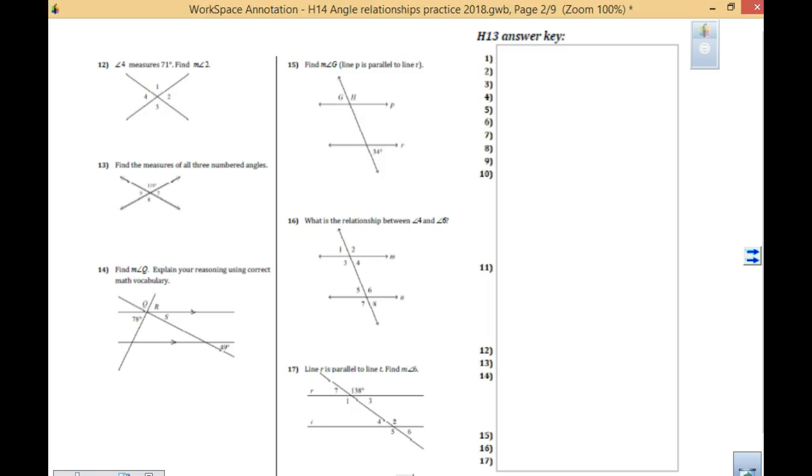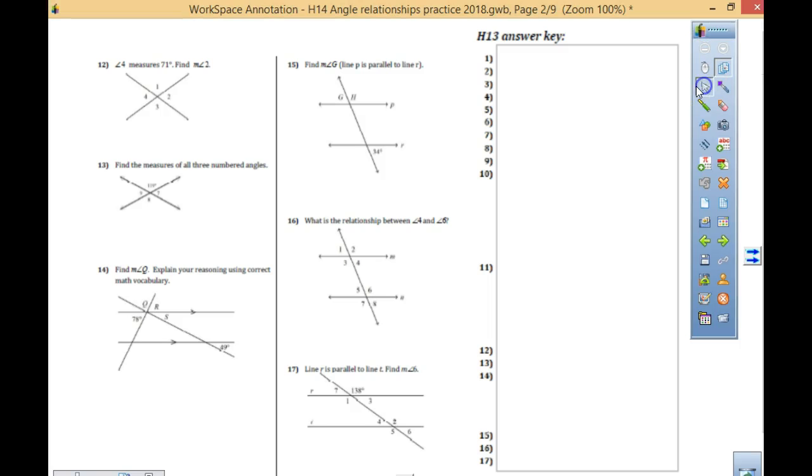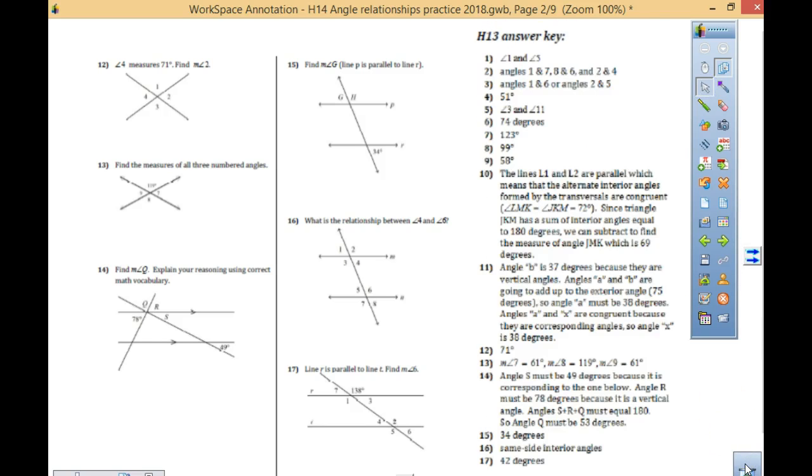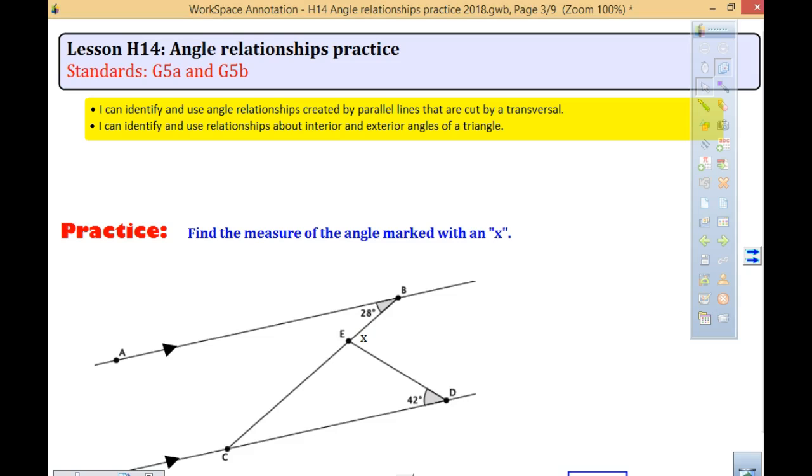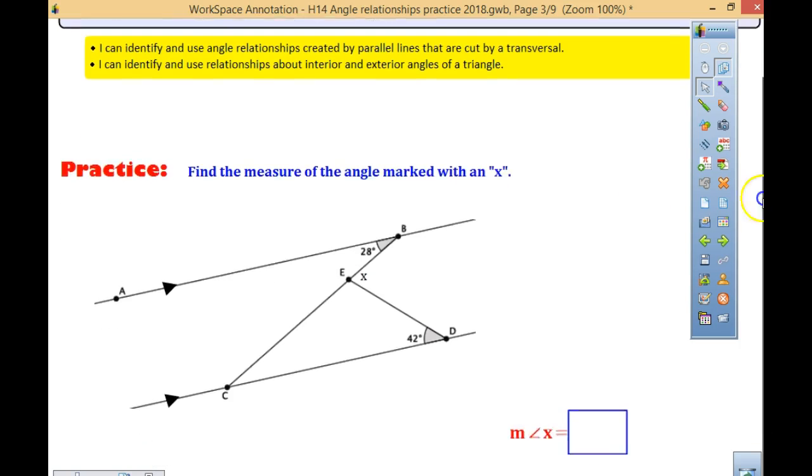All right. So in your homework, if you did not check those answers in the back, I do want you to be aware that you are looking at those, and especially when you get to number 10 and 11 and 14, where they give you those reasons behind, make sure you're looking at the reasons as you look at those, okay? So today we're going to look at, in our homework, finding these missing ones. So if we are finding the missing angle,